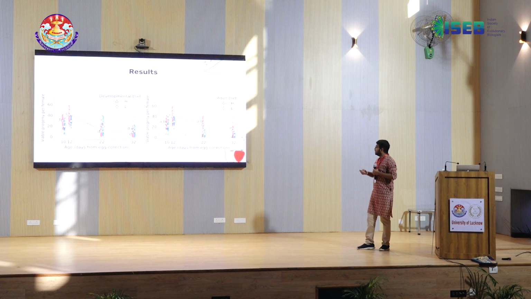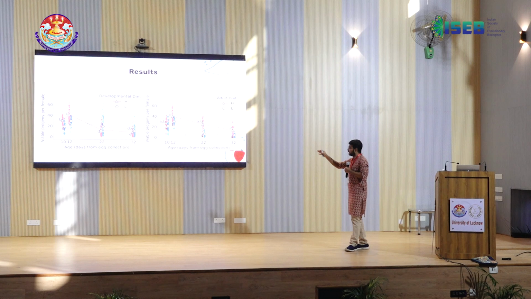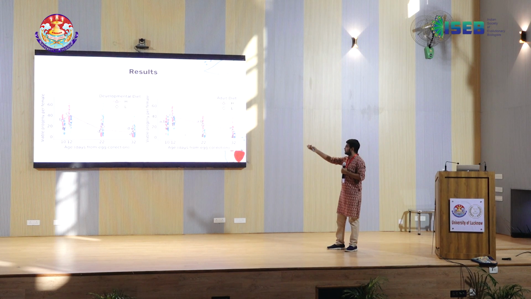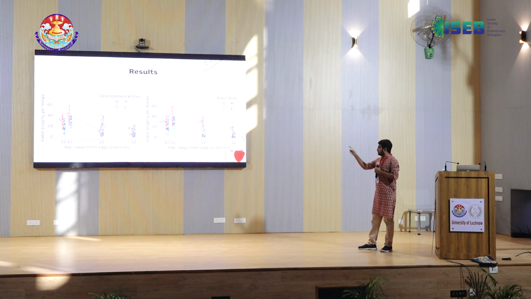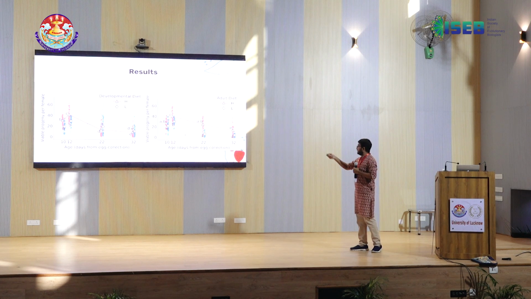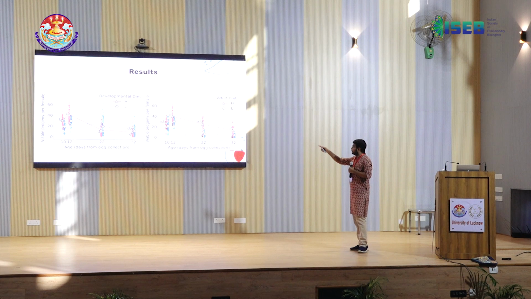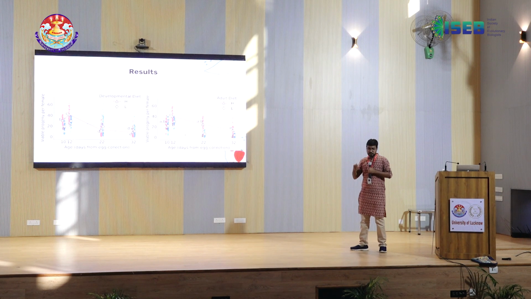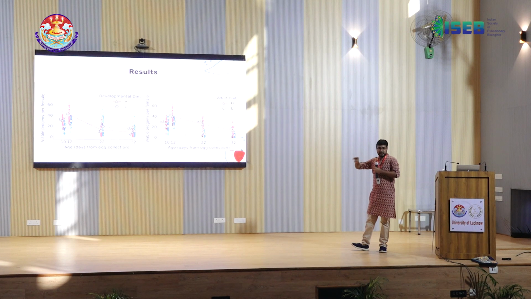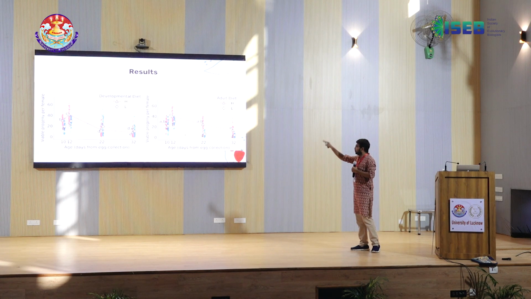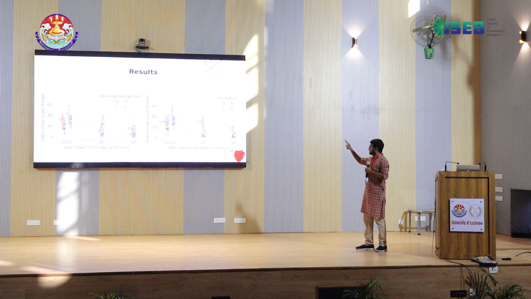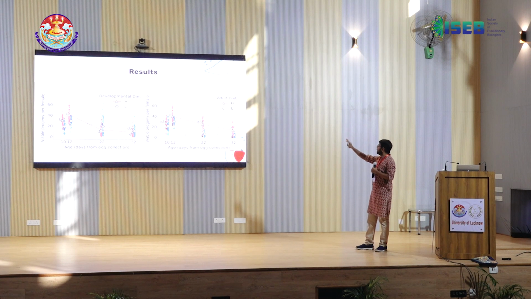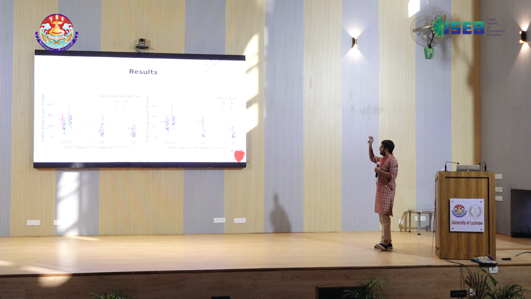So, what did we find? Here is the result. On the y axis we are showing viable progeny per female, and on the x axis the age, days from egg collection, at the 4 different age points. On the left hand side, the red ones correspond to the flies which were reared on a high protein developmental diet irrespective of their adult diet, and the blue ones were reared on a low protein developmental diet irrespective of their adult diet. Similarly, on the right hand side, the red ones got a high protein adult diet, and the blue ones got